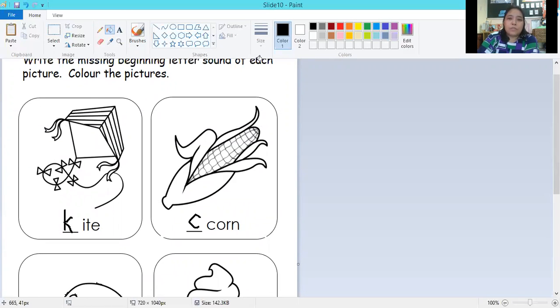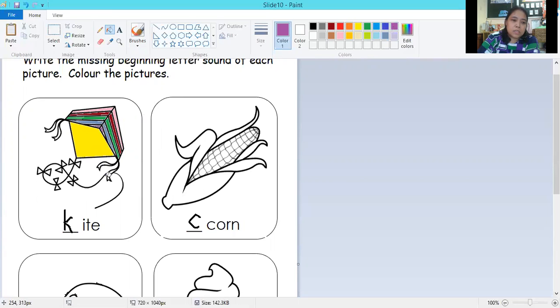I'm going to use my paint bucket. I want to color yellow for my kite, but I'm going to use different colors here, which you can also do, but make sure you color nicely and within the picture, because you have lots of time now to color each picture nicely.